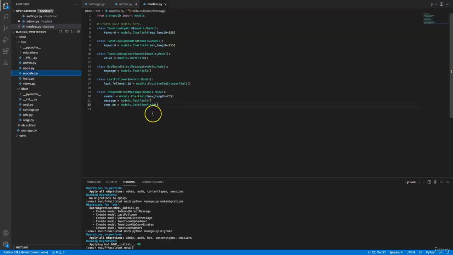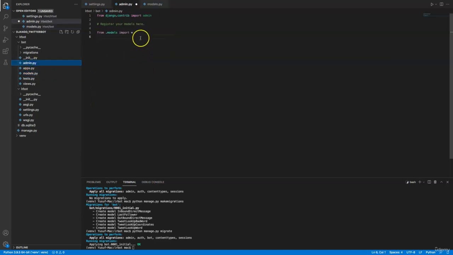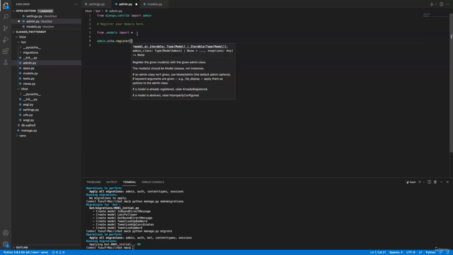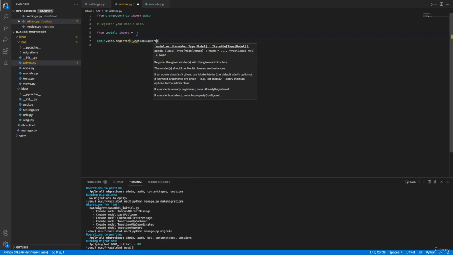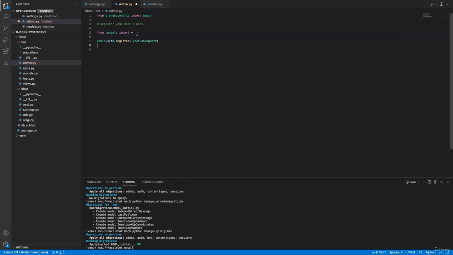So I'm getting all these models, and then this is how I'm going to register. I will only do it for models only. So I'll do admin.site.register tweet lookup word, and then I'll do